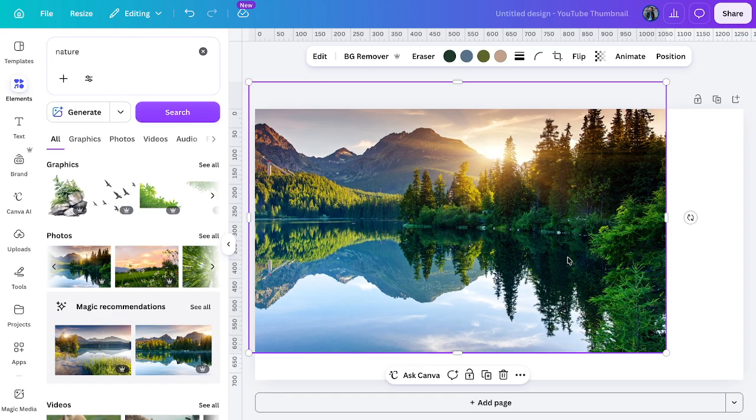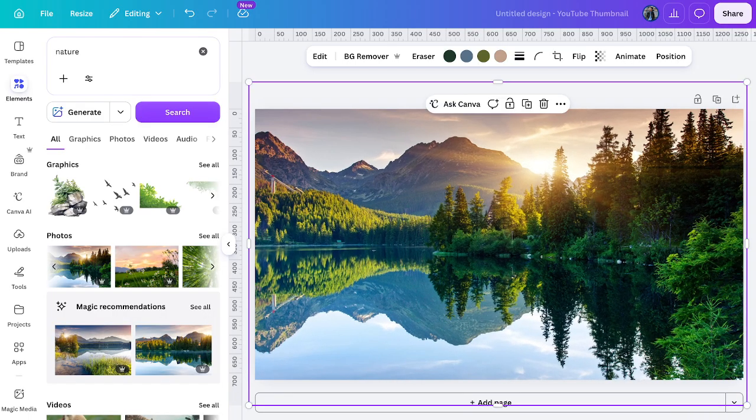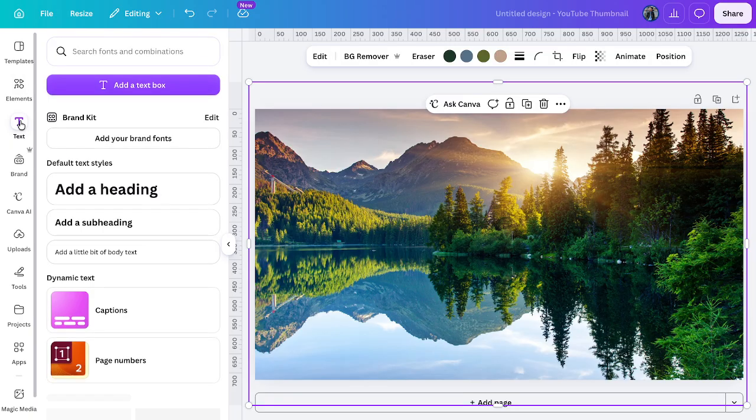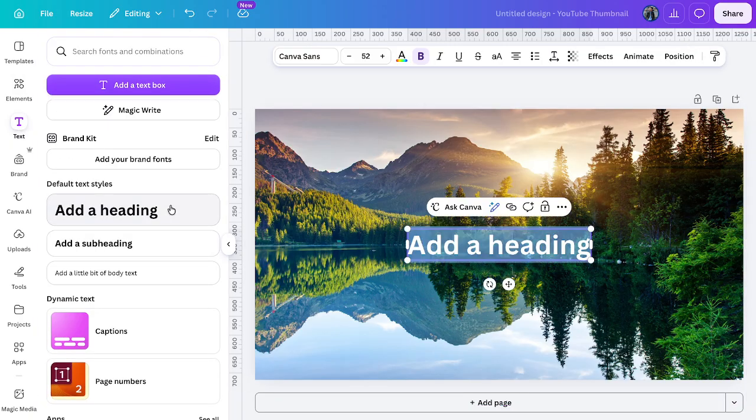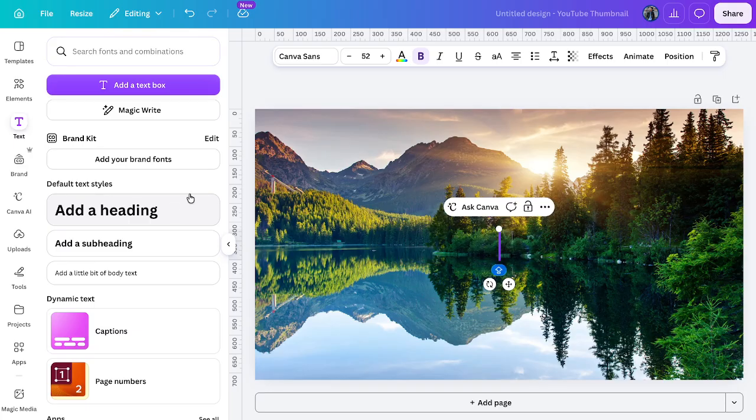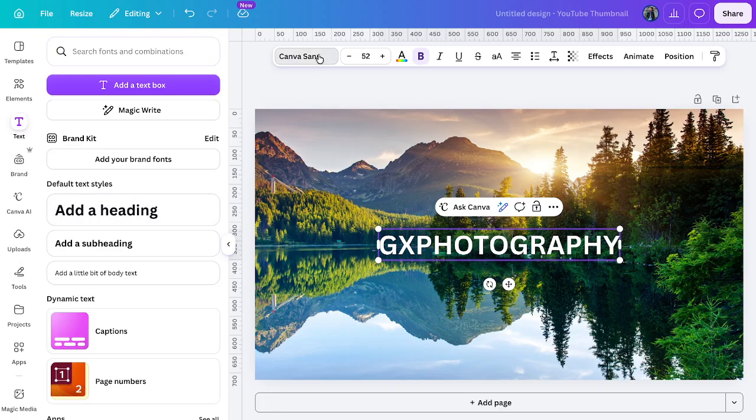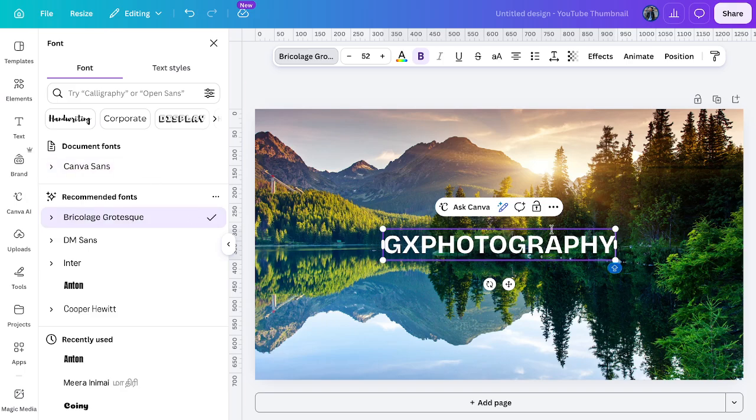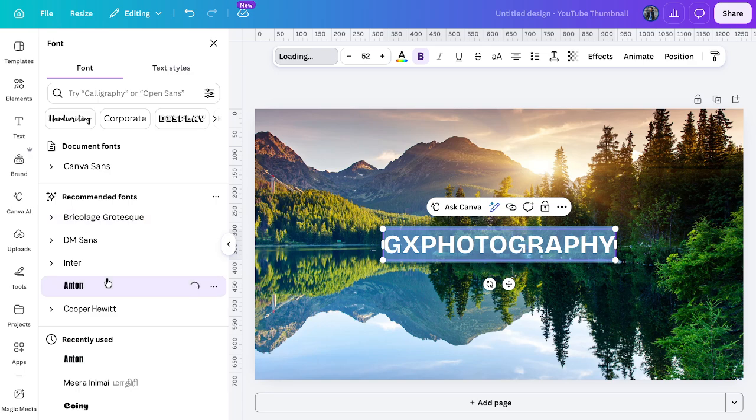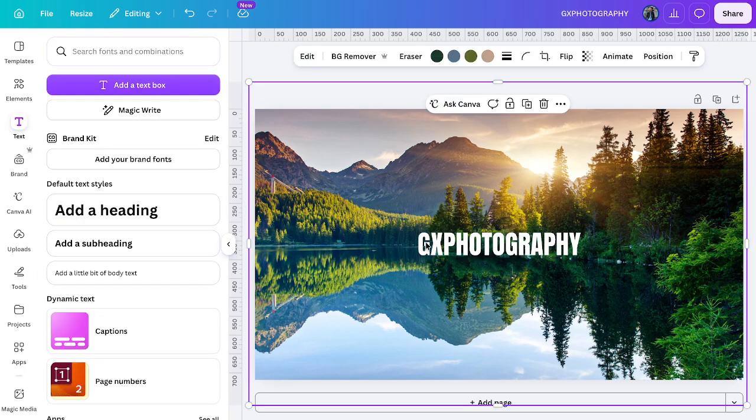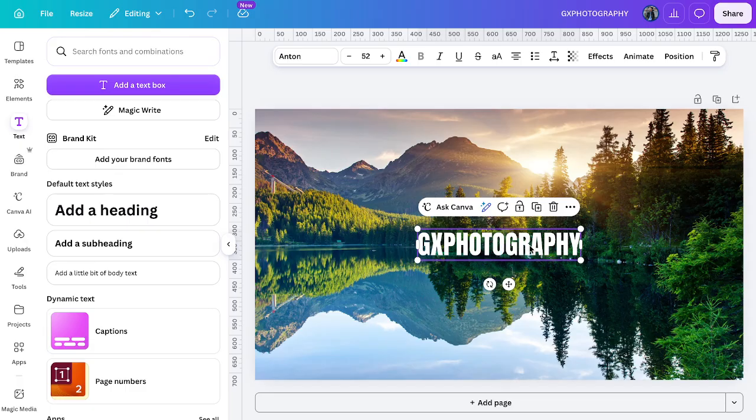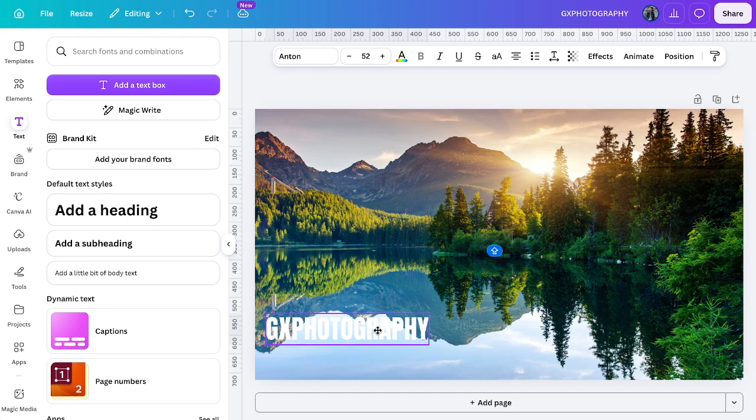So what you're gonna do is you want to add a text, then you want to add a heading here. So let's say GX Photography, and you can change the font to whichever font you want. So just put it here,